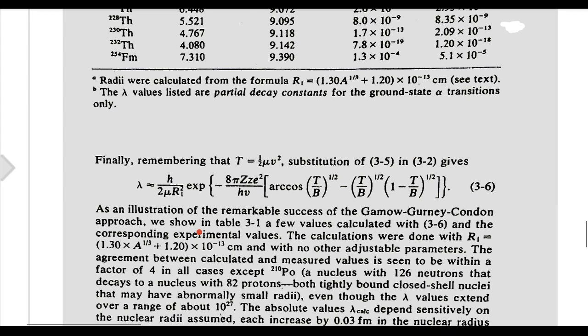As an illustration of the remarkable success of the Gamow-Gurney-Condon approach, we show in the table a few values calculated with 3.6 and the corresponding experimental values. The calculations were done with R1 equal to this, and with no other adjustable parameters. The agreement between calculated and measured values is seen to be within a factor of 4 in all cases except polonium, a nucleus with 126 neutrons, decaying to a nucleus with 82 protons, both tightly bound closed shell nuclei that may have abnormally small radii. Even though the lambda values extend over a range of about 10 to the power 27,